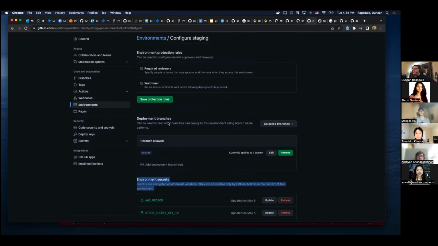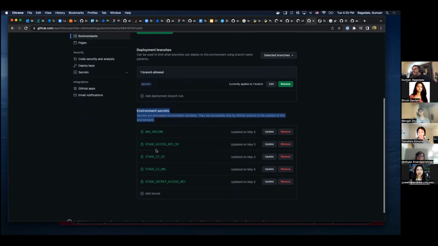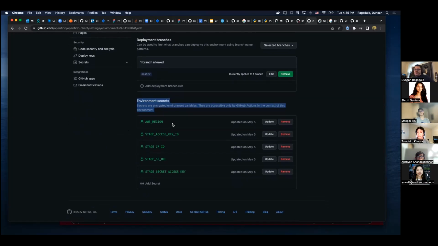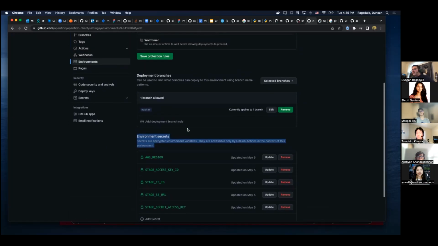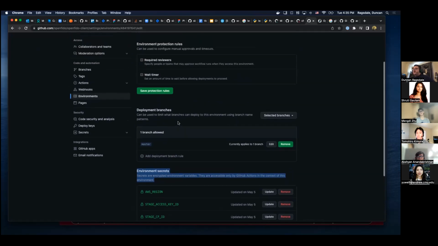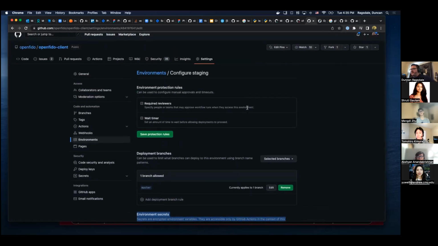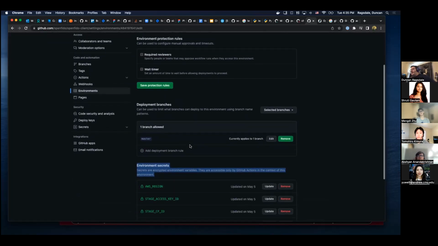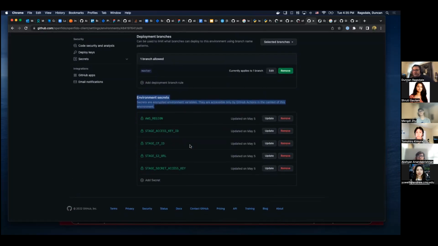So these protection rules here can keep somebody from nefariously trying to run this environment and scraping your secrets, because then before their code in that runner could even run, it's going to be like, hey, this doesn't match this rule, or this person hasn't reviewed it, so we're not even going to let it run at that point. It has to be approved to even run. So those are very useful protection methods